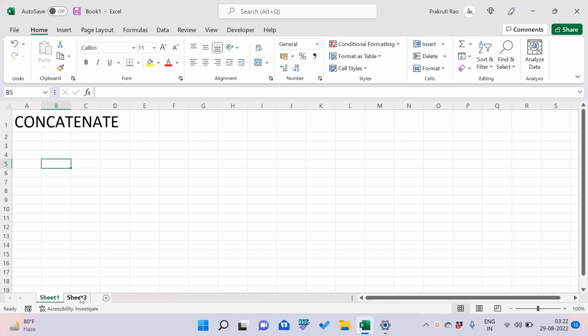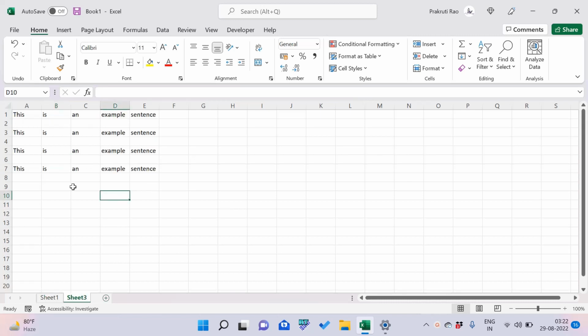As you can see on my screen, I have an example sentence that we are now going to combine into a single cell. The sentence is, this is an example sentence. I want to combine this data into a single cell. Suppose the cell is this one. So we'll start writing the formula, and the formula is equal to